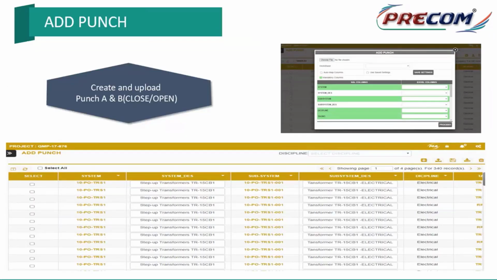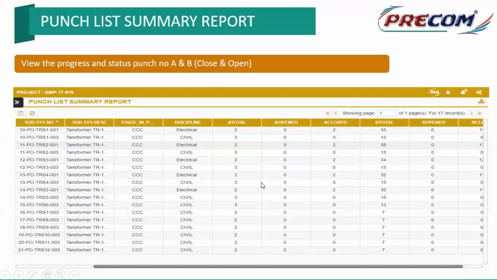And finally we have these punch points. Punch points are generated in parallel on a day-to-day basis, as and when we do walkthroughs. So once the system is completed with AITR, there will be an offering for CCC, and in parallel, as ITRs get cleared, punch points will also be generated. These punch points can be documented here and monitored. Finally, we'll be able to see progress in terms of system, subsystem, and discipline wise.